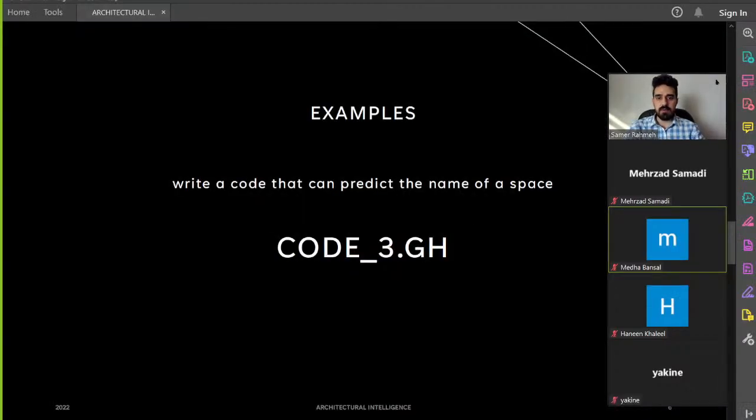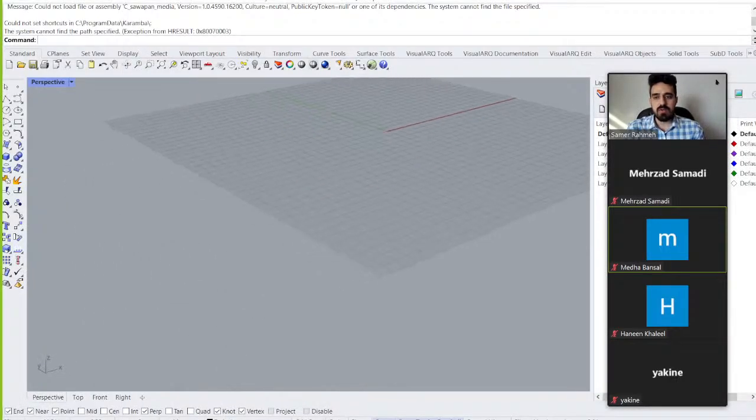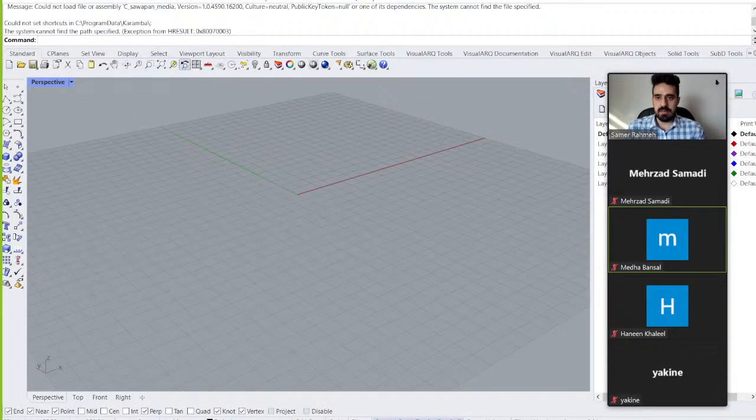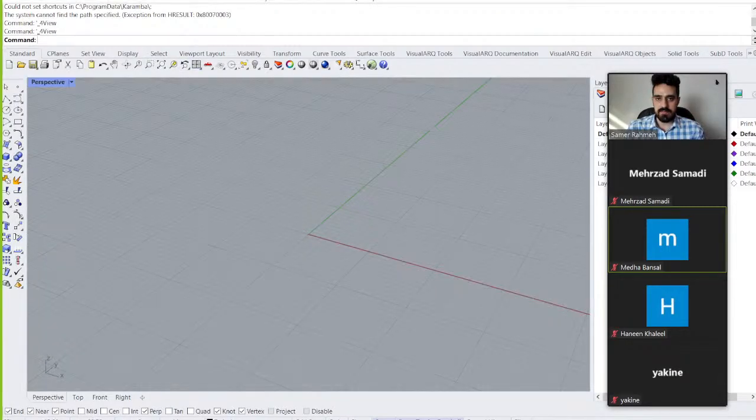The example we're going to take is writing code that can predict the name of a space. We're going to give the model multiple spaces as a data set with labels, and let it learn from this data set and predict the name of a test space. Okay, so if you go to Rhino again,